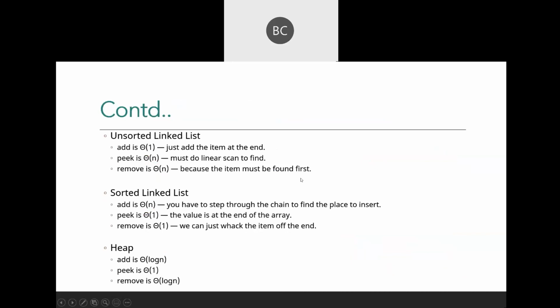Next, I said we can also implement a priority queue using a linked list. We will learn about linked lists next. So a linked list again can be unsorted or sorted. If we use an unsorted linked list, adding an item will take O(1) and removing an item will take O(n).